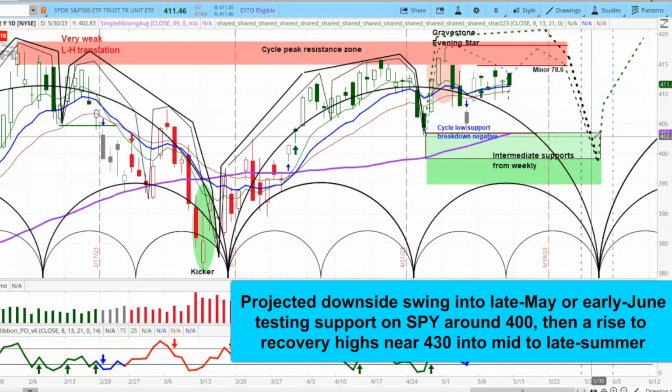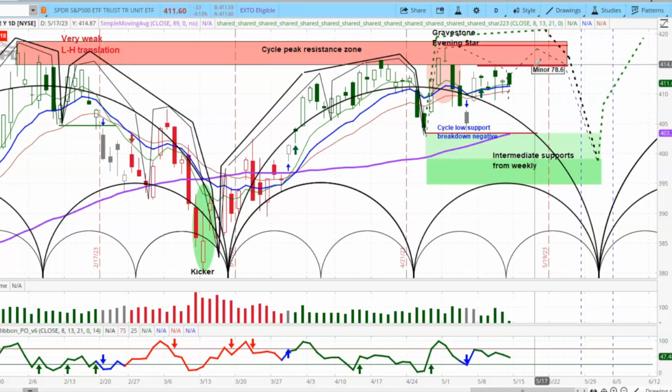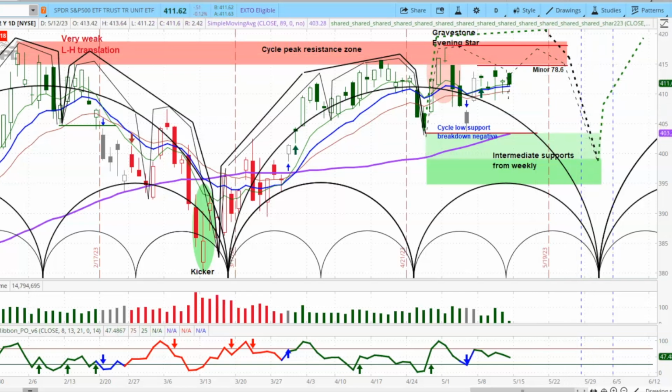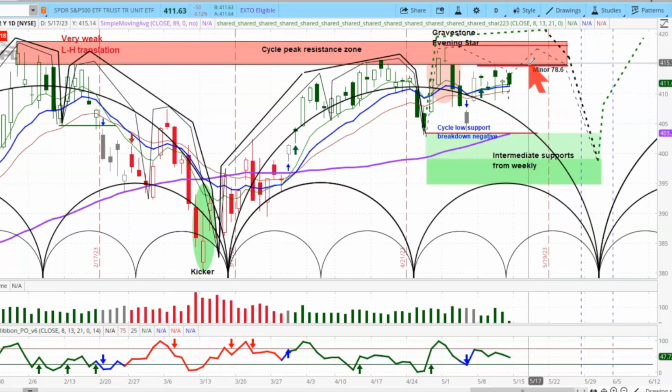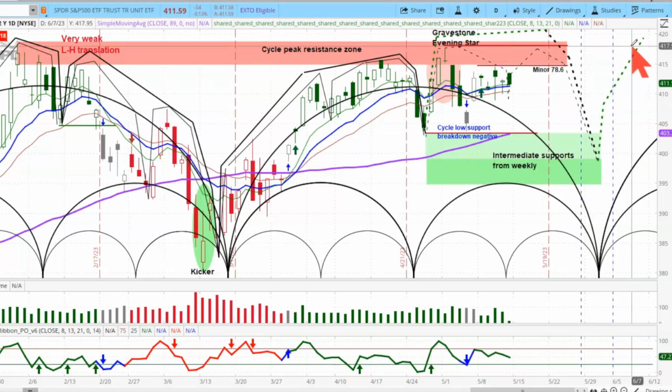So that makes this area into this intermediate support zone that comes off the weekly as a likely buy area. That would mean that if you were, we'll call it a short-term to intermediate swing trader, then we're looking for a downside swing right in there, which is likely to get you somewhere down from like 415 or 420 down to this area of about 400. Pretty good decline that is potential there. And then from 400 up to 425, 430 sometime out over here as you get into the mid to late summer. So not only are these 3 cycles rising at that point, you can see that right over there,